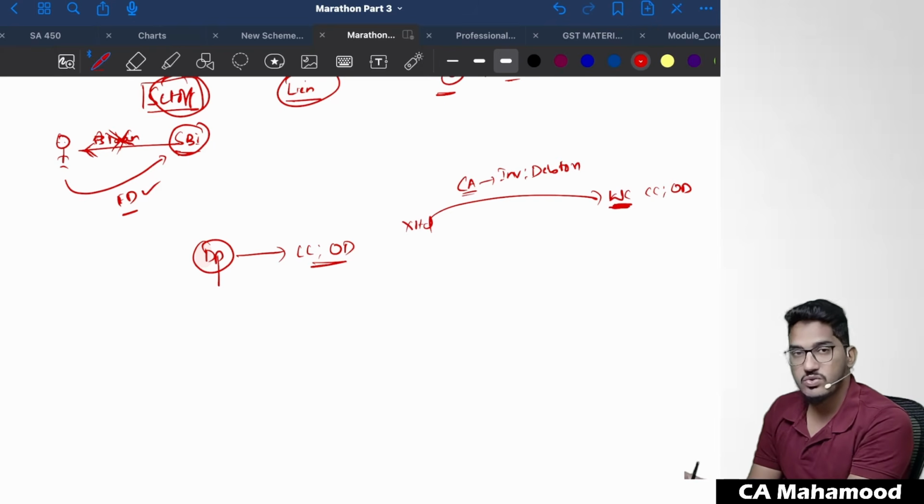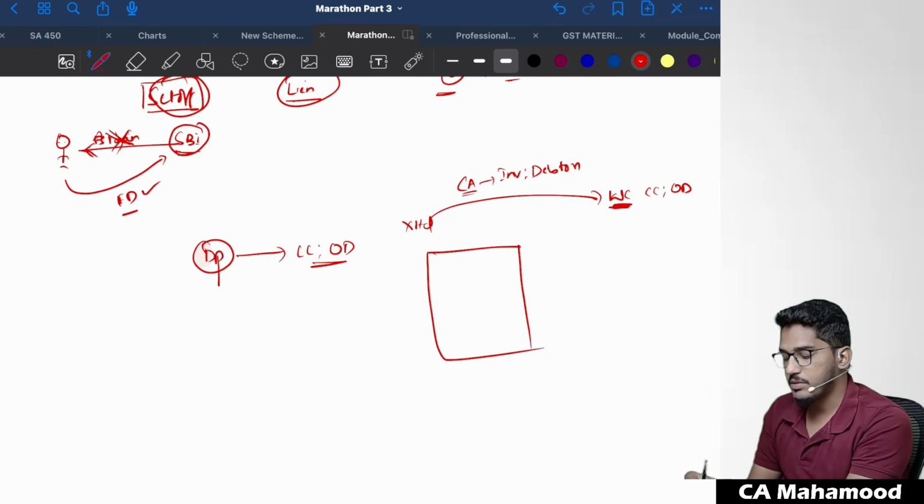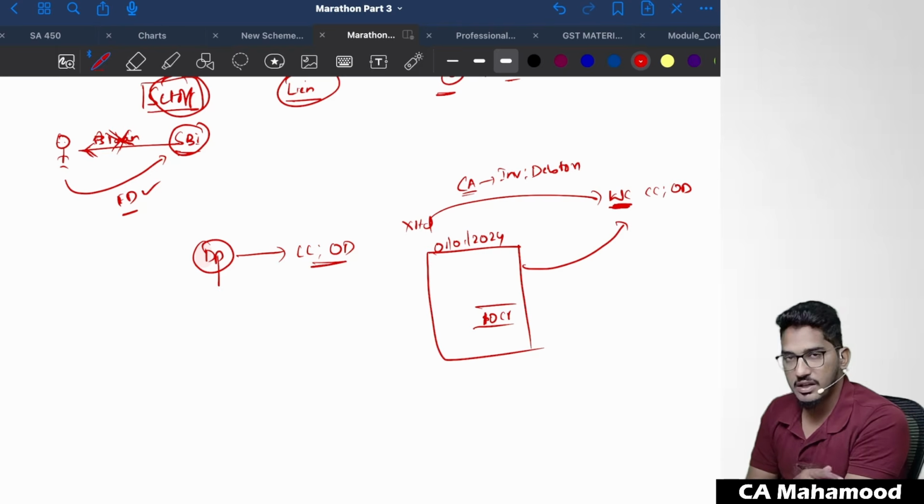Now what the banker will ask you is, okay sir, we will give you loan, please bring your stock statement and debtor statement. So the company has prepared one stock statement as on 1st of January 2024, when they are approaching the banker for the loan. They have determined the value of stock as 10 crore rupees. The banker thought, okay, you have a very good stock position, we will accept this stock as a security, and here stock will be hypothecated. Hypothecated means what? The stock will remain in the borrower's possession only.